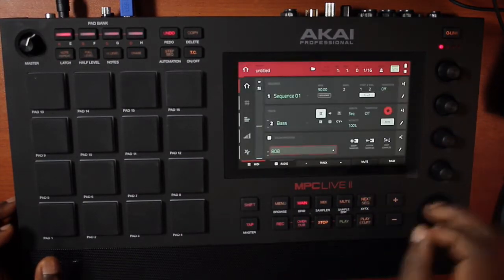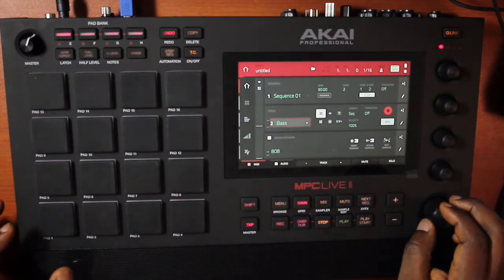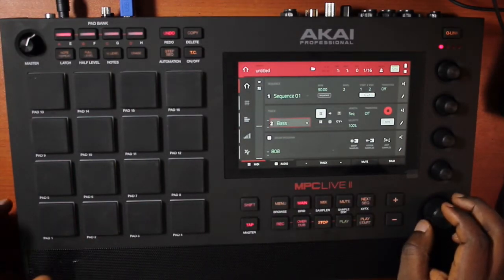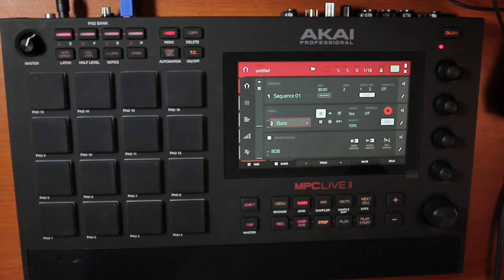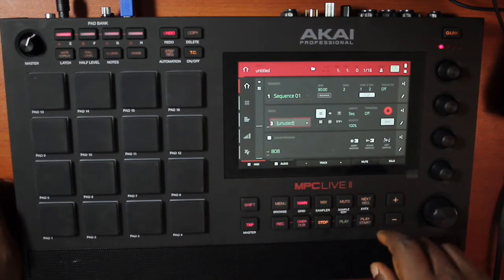Let's do it. So we already have our drum. We have the bass, and then what else are we looking at? Okay, yeah. So that very first beat that keeps hitting at the beginning of that song, that's the brass. That's actually a brass. So let's create another track, and then